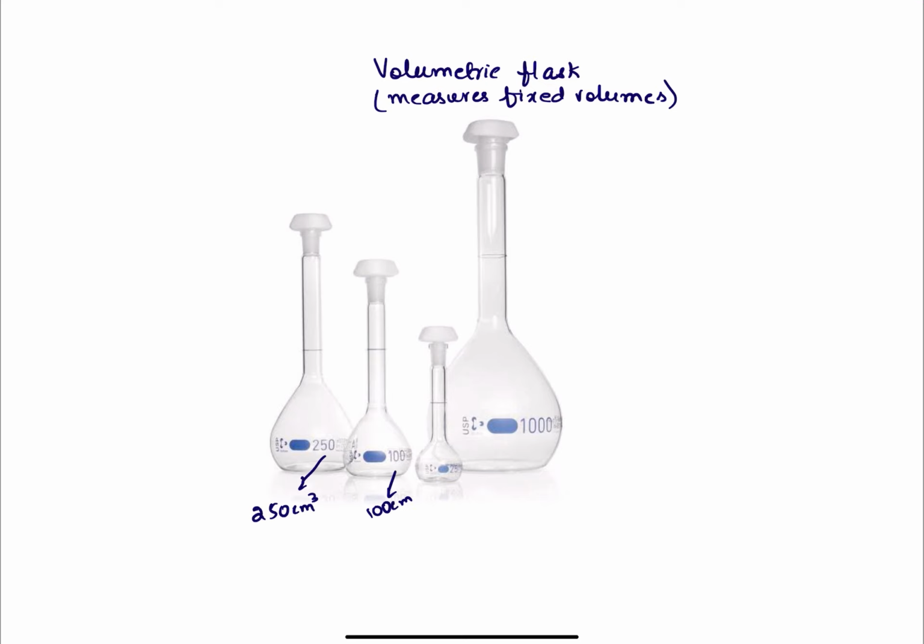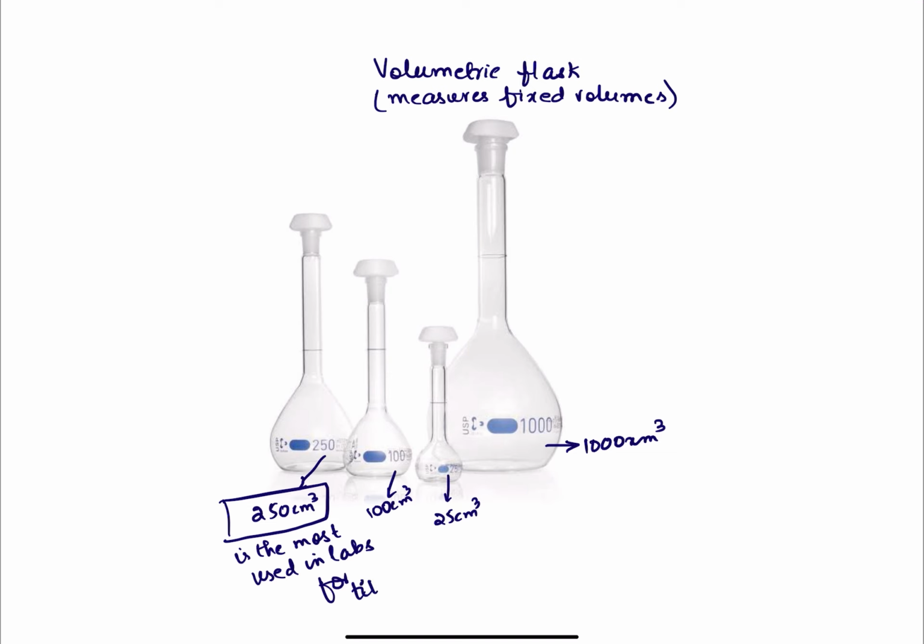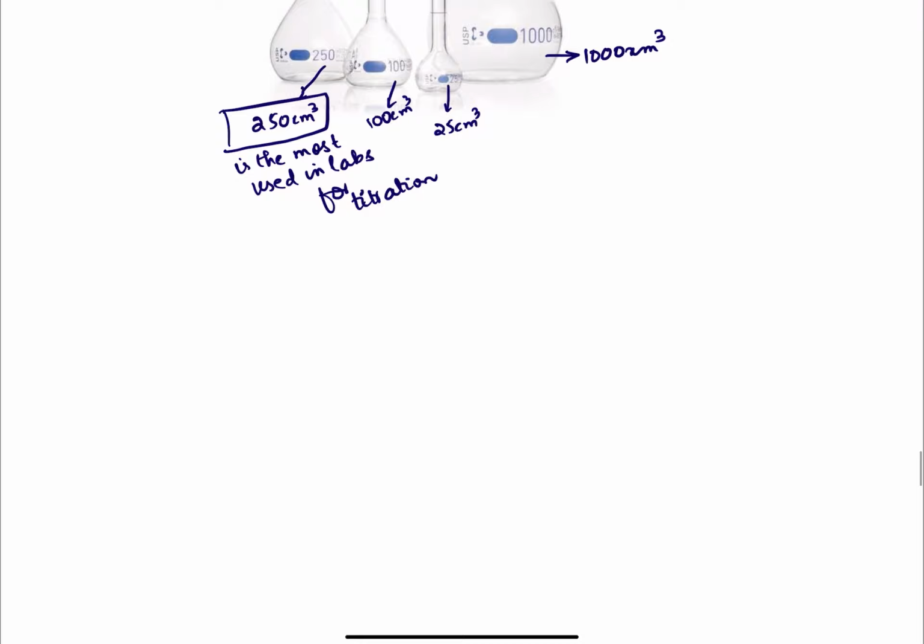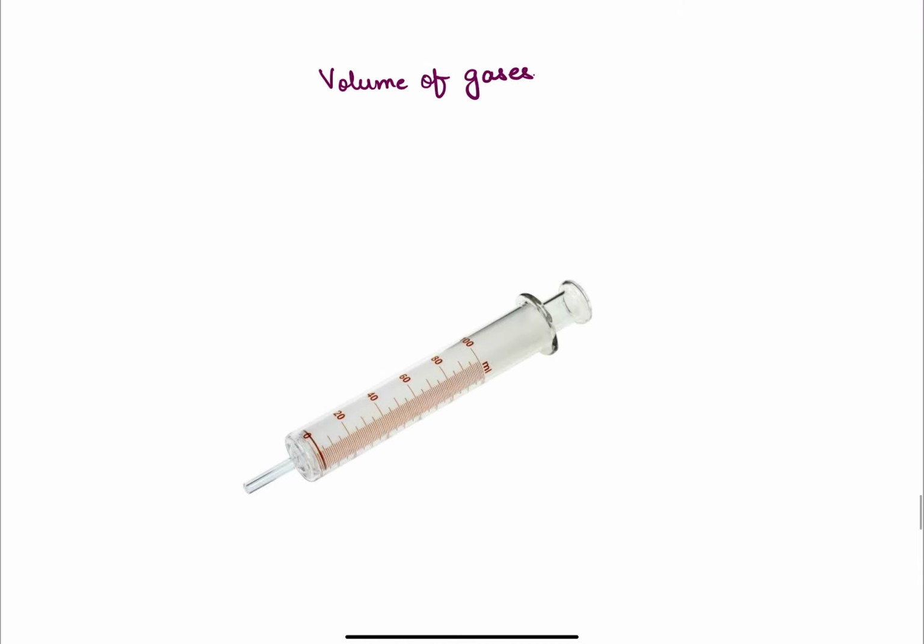This is a 100 ml or 100 cm3 volumetric flask. This is a 25 ml or 25 cm3 volumetric flask. This is a 1000 ml or a 1000 cm3 volumetric flask. The 250 cm3 volumetric flask is the most used in labs for titration. This one is the most used. Then we can measure volume of gases using gas syringes,